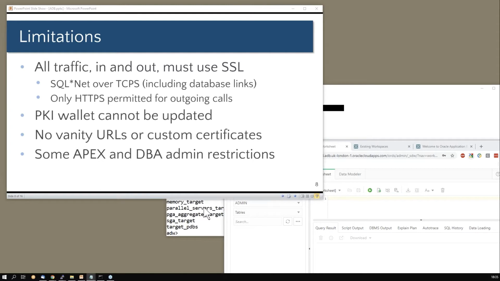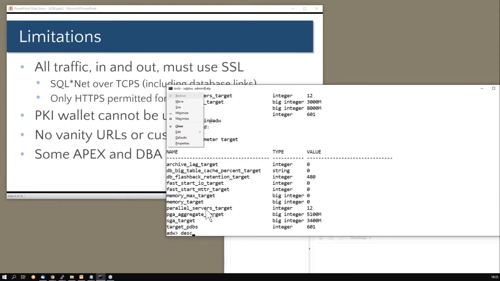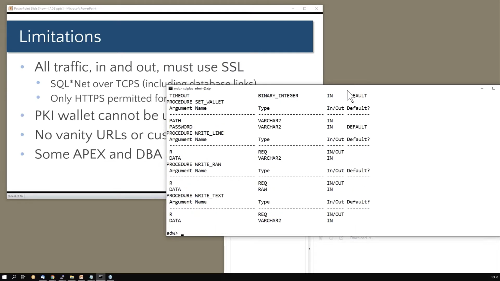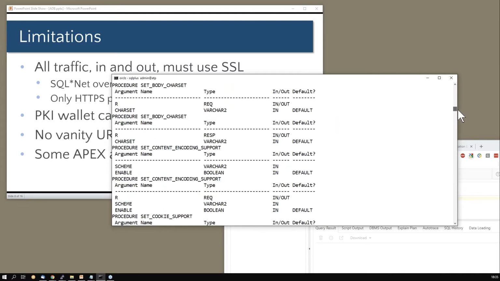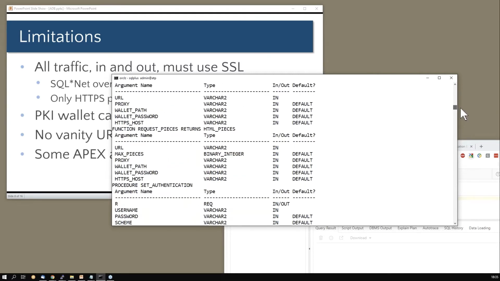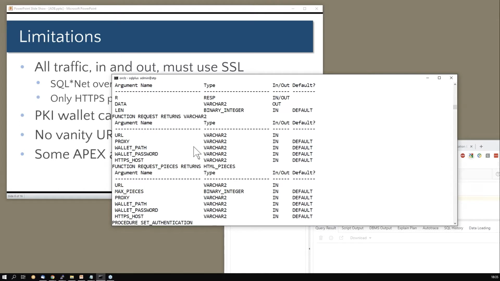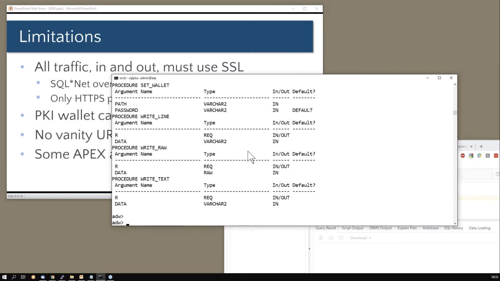For example, if you were to use UTL_HTTP, it's there, you can use it. And if you try to make a request with HTTP request, if you try to specify a URL that is HTTP rather than HTTPS, it simply doesn't work. It just doesn't work. So you must use